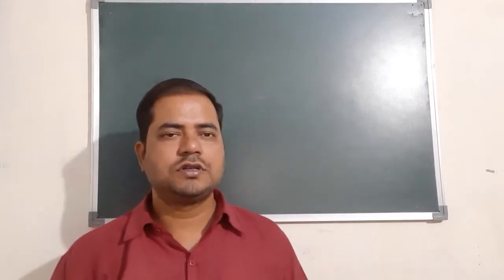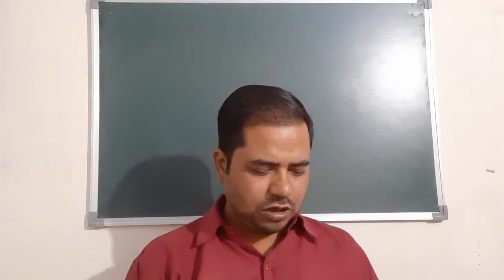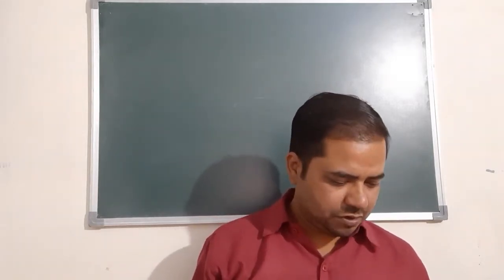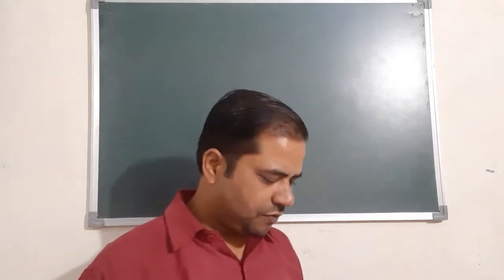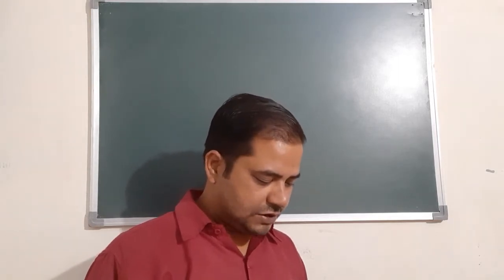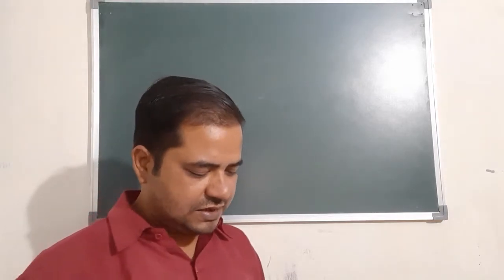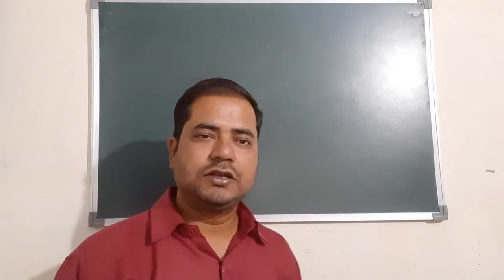Okay, now next question. This is very important, most important. You can see, find all zeros. This is example number 9 from the NCERT book. Find all zeros of the polynomial 2x to the power 4 minus 3x cube minus 3x square plus 6x minus 2, if you know that two of its zeros are root 2 and minus root 2.